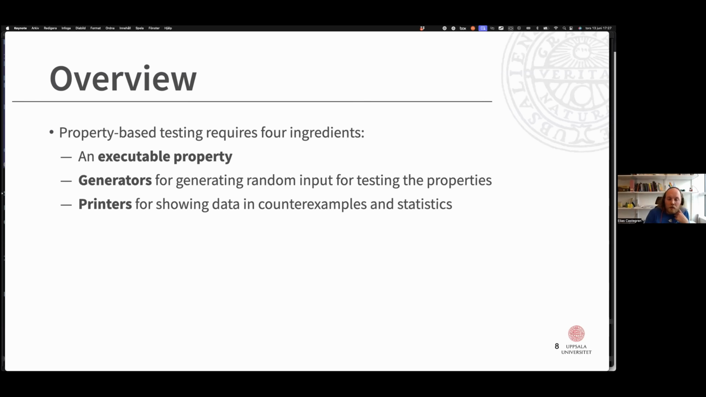You need a way to print this data so that, if you found a counterexample, you can present it to the user somehow. That's a small detail, but it's an important detail. And finally, if you're generating random data, it's a lot more useful the smaller the counterexample you can find. So you need shrinkers to